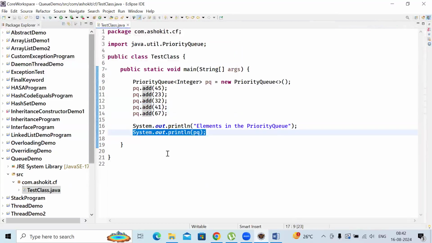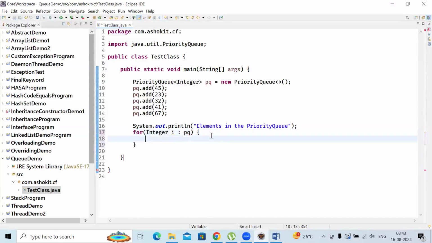Okay. Instead of directly printing it, let's see a for loop. For Integer i : PQ, System.out.println. PQ is my priority queue, and our requirement is we are calling the add method, but when we are adding, it should maintain